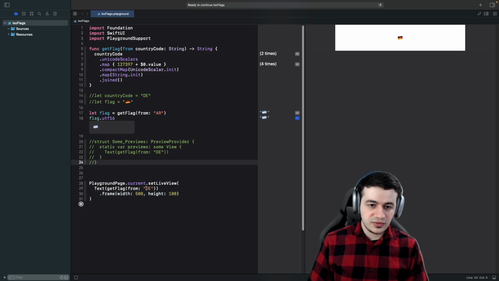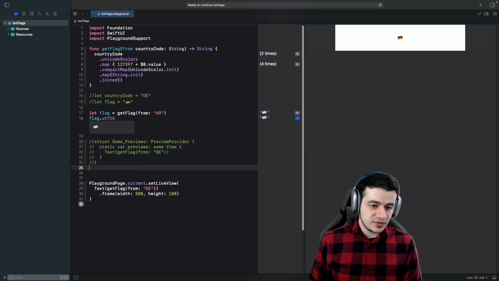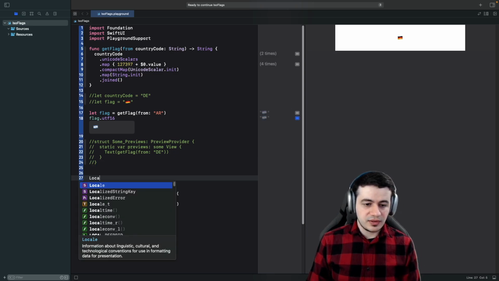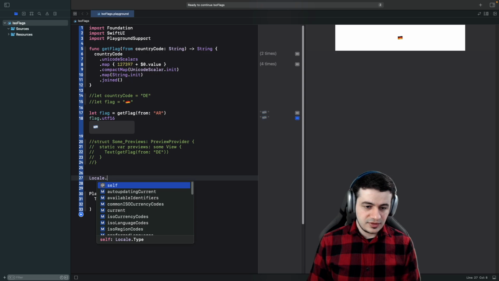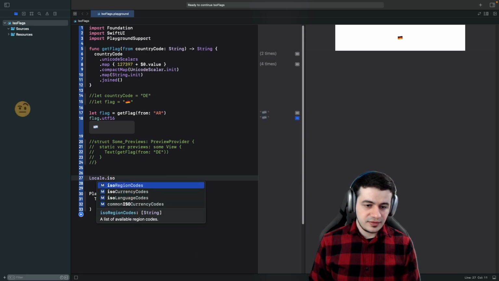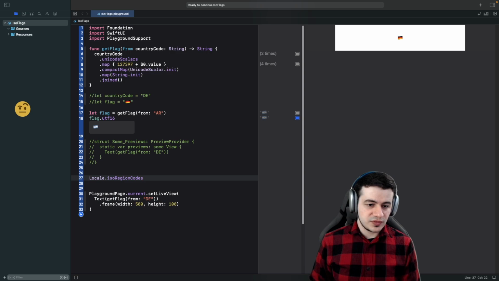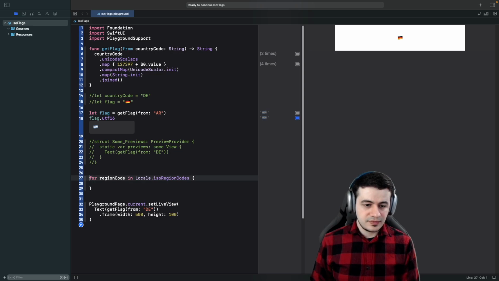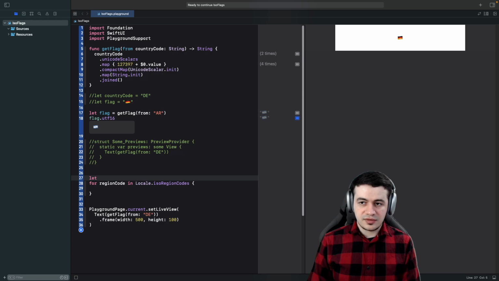Or if I change it to... can we get a list of all country codes? Like locale, ISO, currency, ISO, region codes? Let's try region codes. Or region code in. And then we just show a view here for each of them. Let's make it a